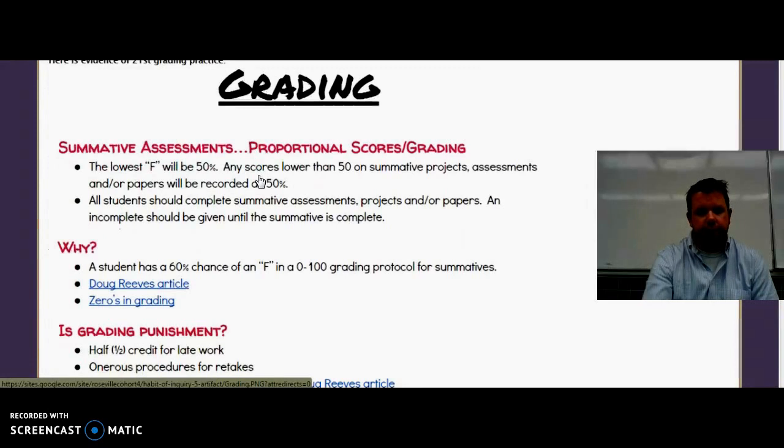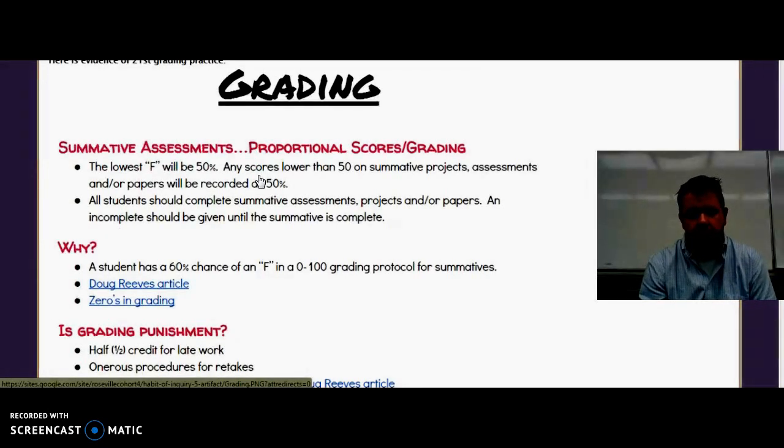And as building leaders, grading is a very hot topic, and we want to make sure that everybody's on the same page. So this is an example of how a principal could communicate with their staff. And as you'll see, when we're talking about the proportionality of our grading practices and acknowledging the fact that they are unfair and inequitable. So if we were to communicate with our staff that on summative assessments, we don't allow zeros anymore. We want to make sure that we elevate those to a score of at least 50%,